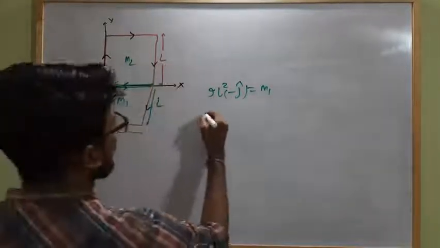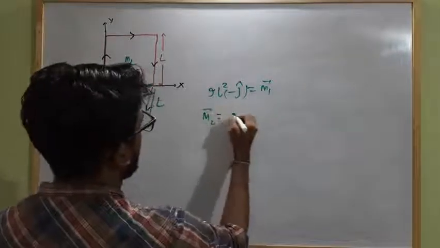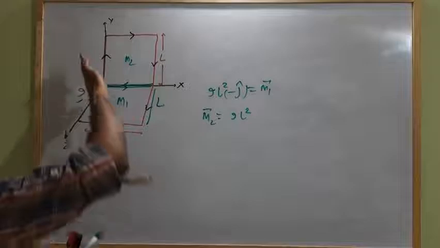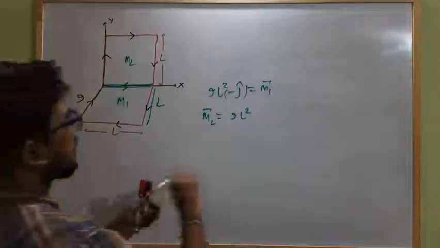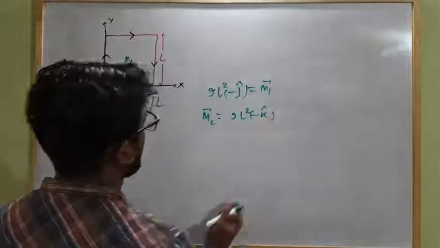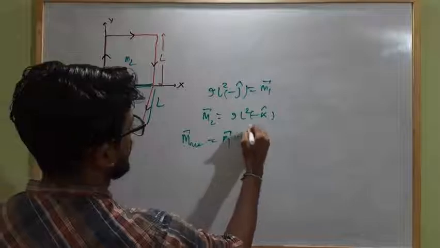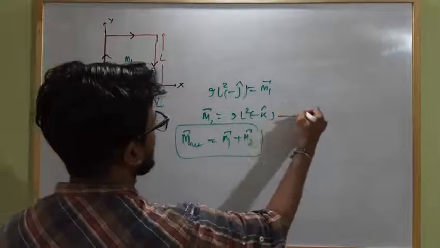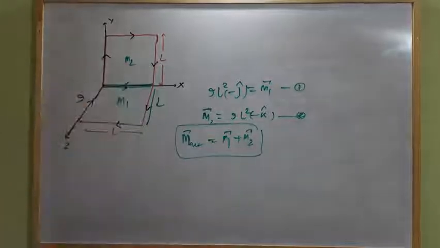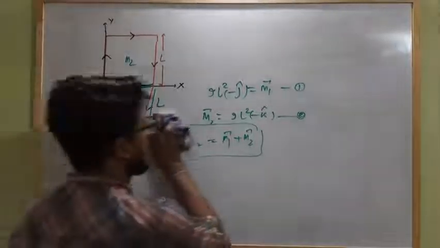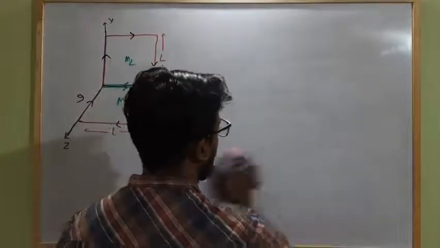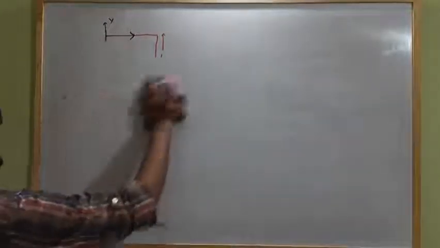And for this, M2. So this will be again M2 equal to how much? I L square, in the direction current I flows like this, into the plane, minus k cap. Okay, now the net M1 vector plus M2 vector, you can solve easily by adding these two, equation 1 and 2. Clear? Okay. So these are some examples of how to find the magnetic dipole moment due to a current carrying coil, because as we already discussed, a current carrying coil can behave as a magnetic dipole.